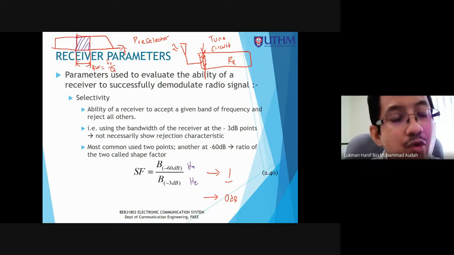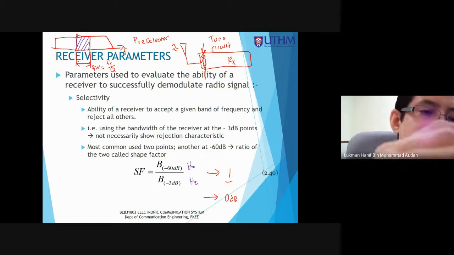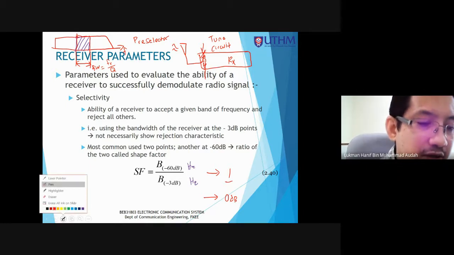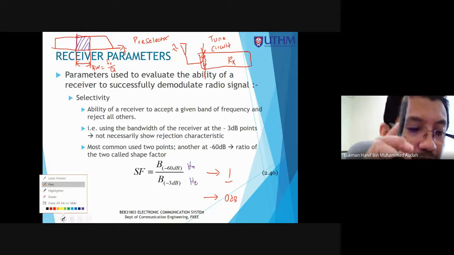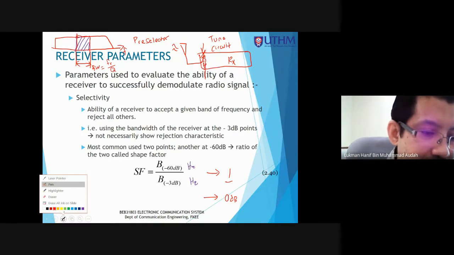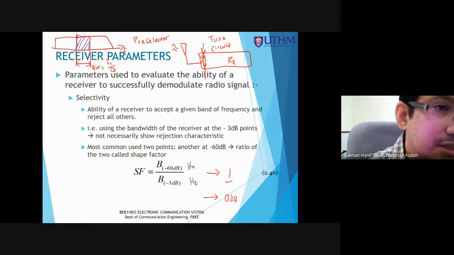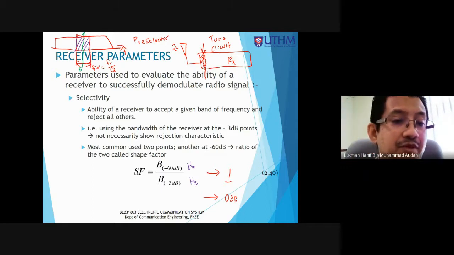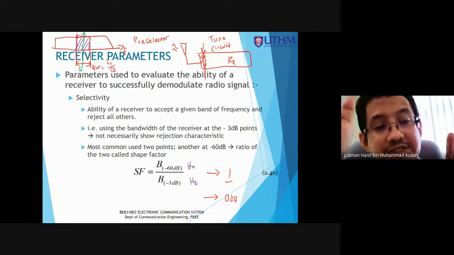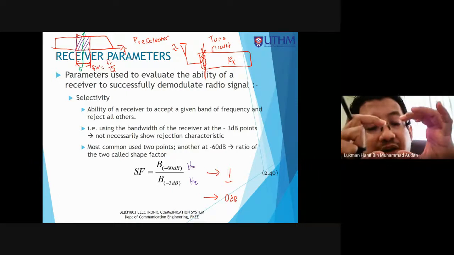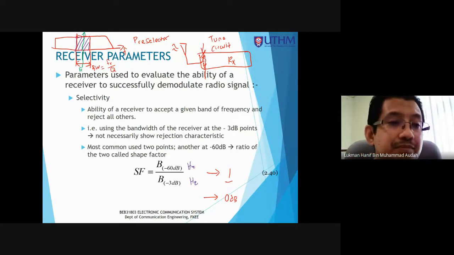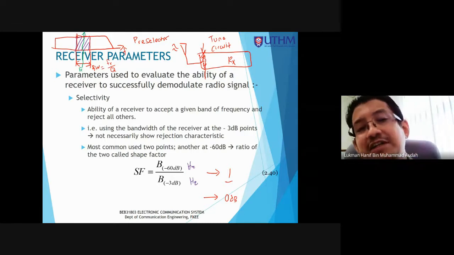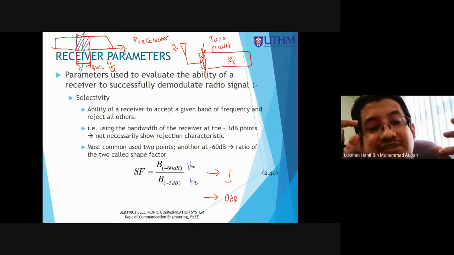Okay. And where is the resonant frequency? Resonant frequency is the center frequency of this bandwidth. Yeah. So resonant frequency is the center. So saya lukis kat sini, sorry. Di tengah-tengah. Okay. So resonant frequency is the center frequency of selected bandwidth by the tune circuit. So resonant frequency adalah center frequency daripada bandwidth yang kita dipilih oleh tune circuit. And actually, what is the resonant frequency actually? Okay, so if you want to know what is the resonant frequency, so